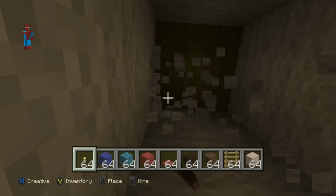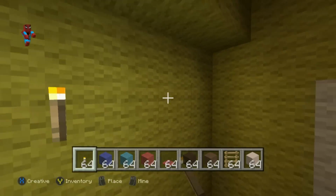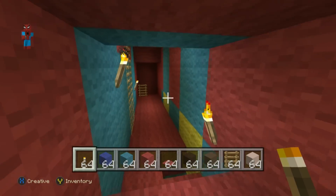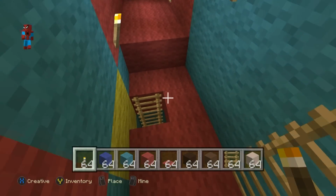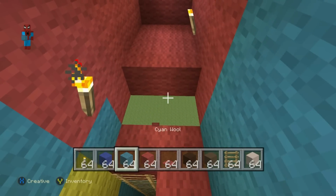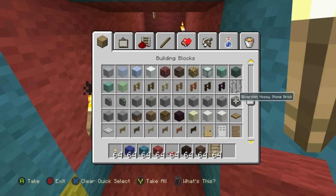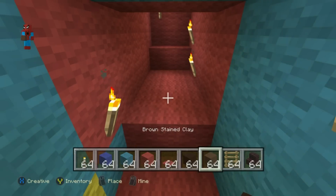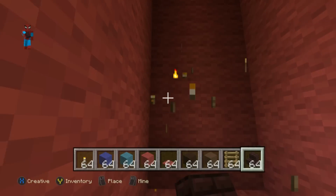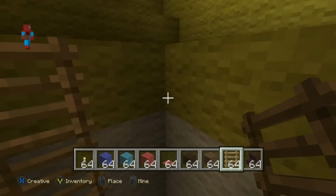And the idea here is to get into the big giant mystery block. So we want to kind of like cave into the arm. And this is located on the opposite side here, so where we have these stairs, or these ladders I should say, we want to be led up to here, and, oh, no, we can't destroy those, okay, fair enough. And we might also want to add some stairs, just so that it's a bit more apparent. I'm using Nether Brick stairs, just because it kind of colour matches, so here, and we'll have some ladders leading up to here,